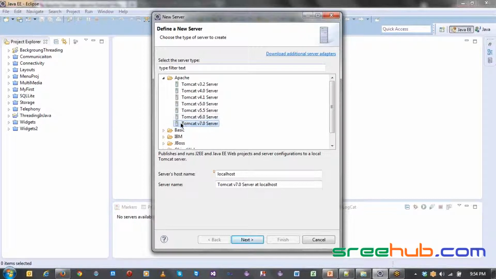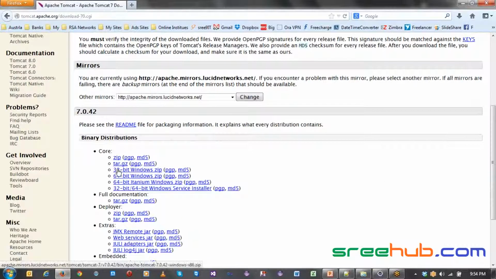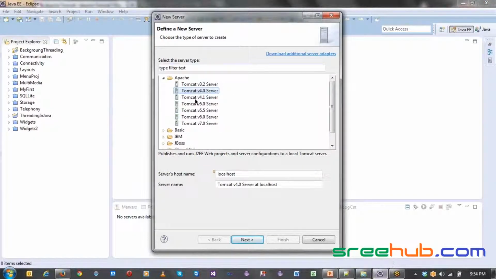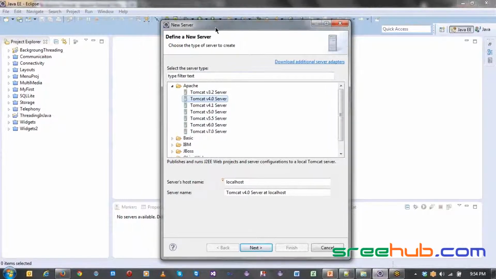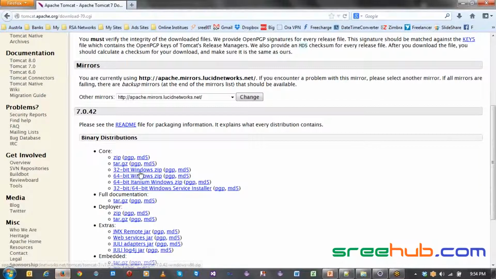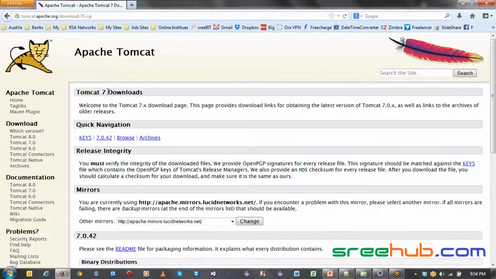These are called adapters. So if I download Tomcat and set it up in my Eclipse, Eclipse can support a maximum of the 7th version of Tomcat. That is the reason I'm asking you to go for the Tomcat 7 download.